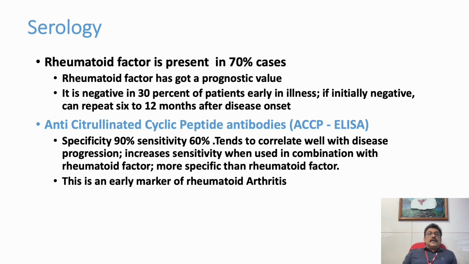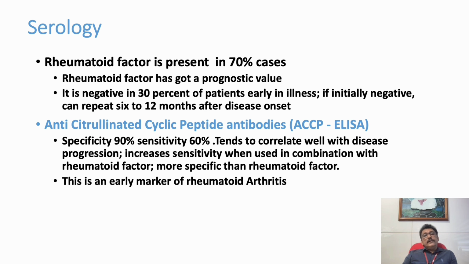Another important test is anti-citrullinated cyclic peptide antibodies, ACCP ELISA. Its specificity is 90%, sensitivity is 60%. So this can be done in almost all patients who have rheumatoid arthritis. Many of them will have a positive ACCP, and it also gives a good prognostic value for